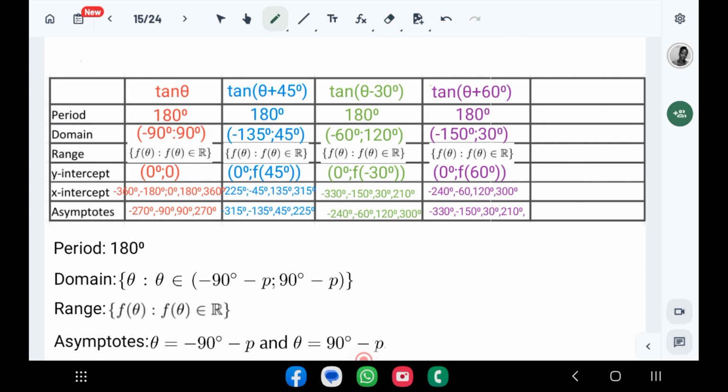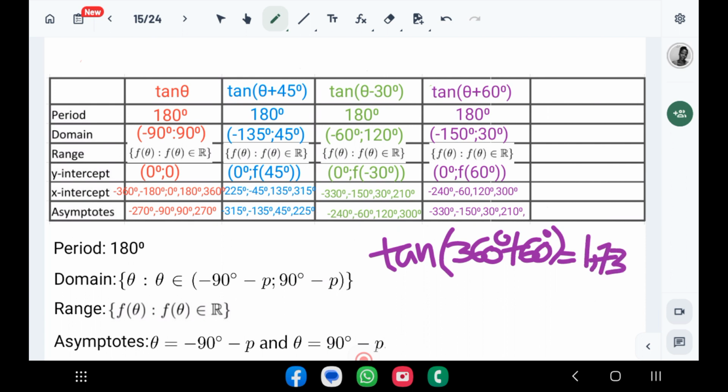We go tan of 360 plus 60. That is equal to, take out a calculator, tan of 360 plus 60. That is equal to square root of 3, which when we press the S-D button gives us